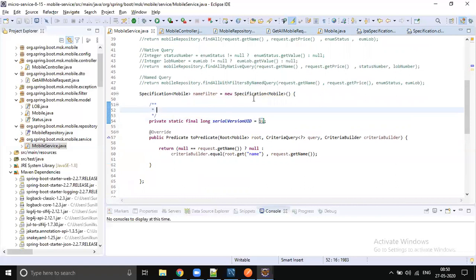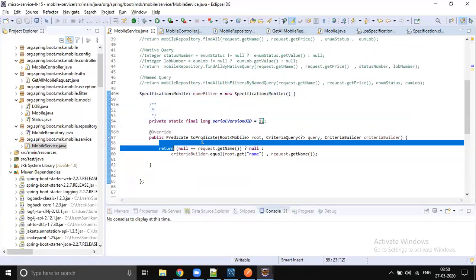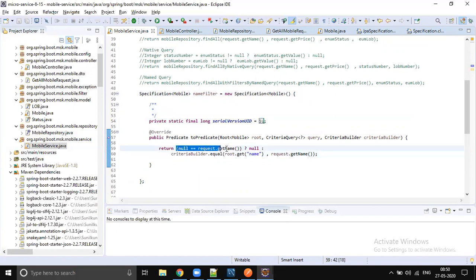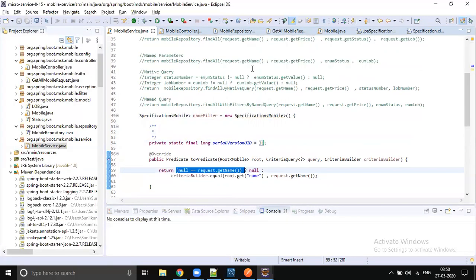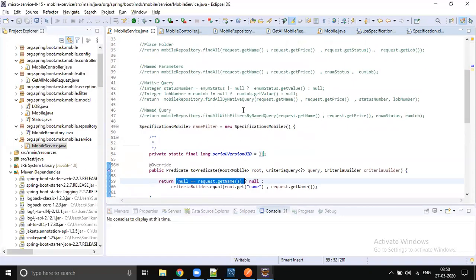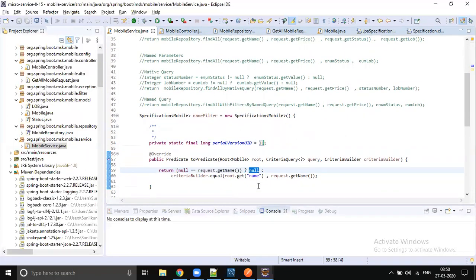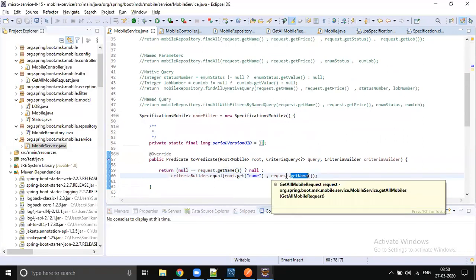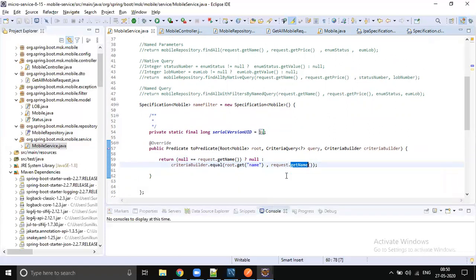So we override the specification, and here what we are checking: if there is no name sent in the request, we don't apply any filter. In case a value is coming, whether Samsung, MI, Honor, Nokia or some other, then try to check that value with the name query value.